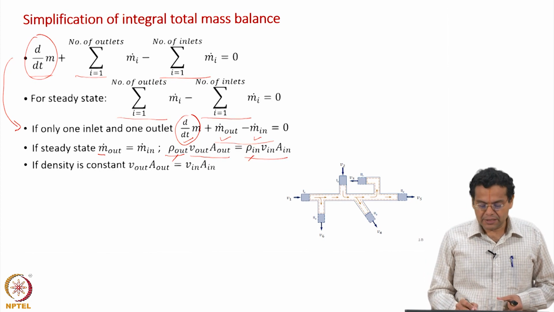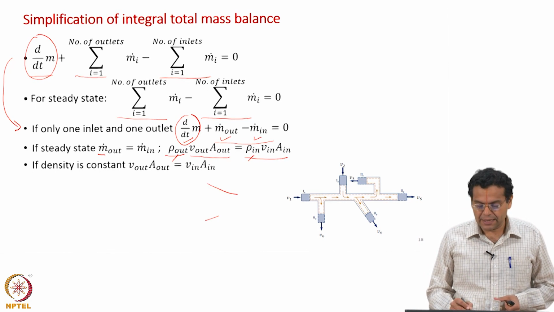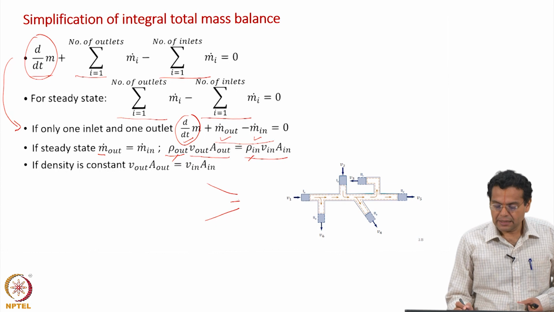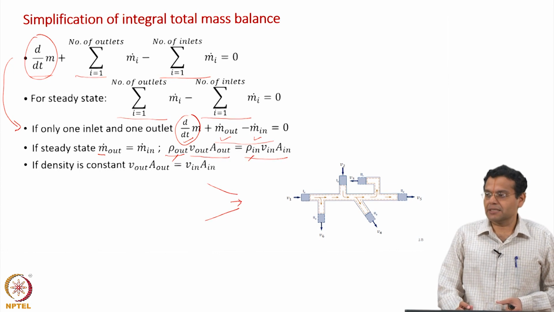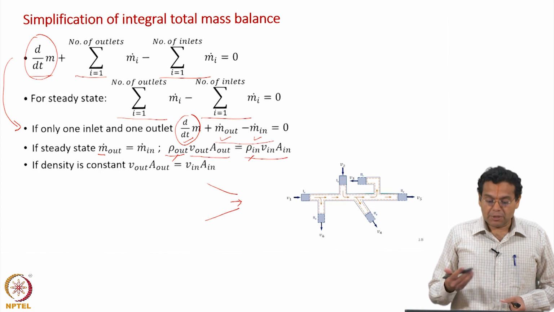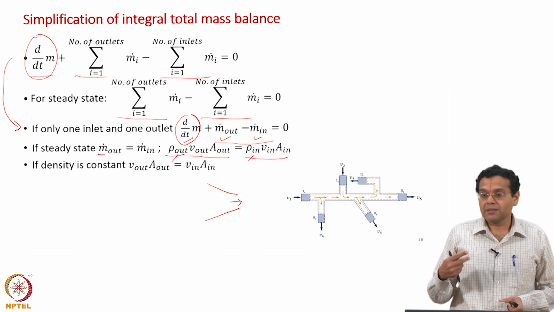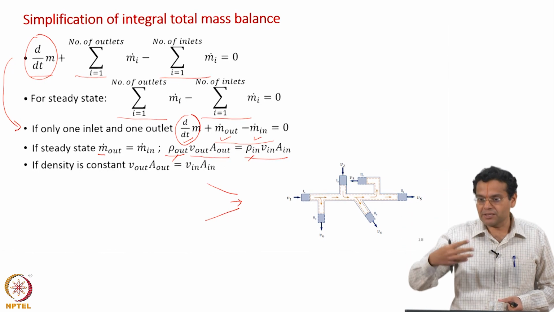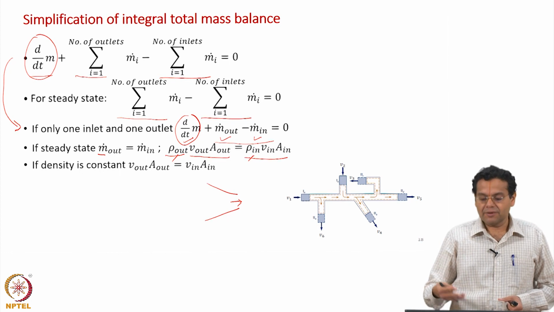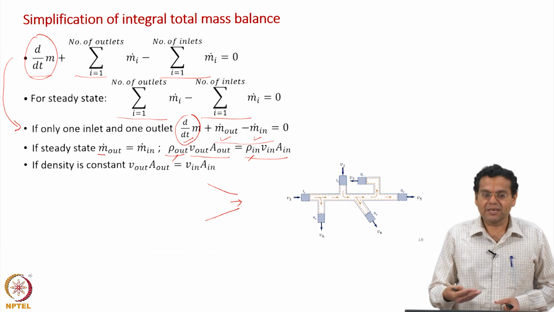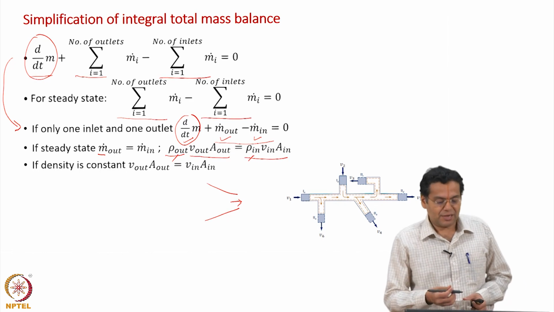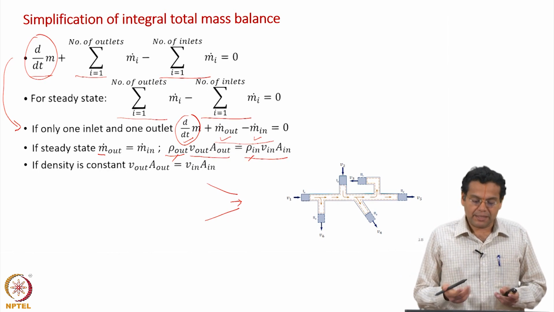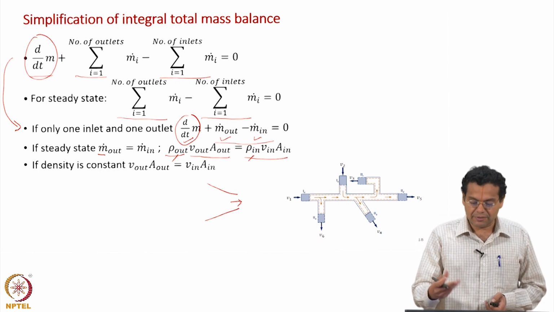Okay. So, this is a well known equation. When we say that there is a converging channel like this, because area reduces, velocity increases. It may be a simple statement, but you should know that this statement comes from the law of physics, the integral mass balance equation, which we simplify, and then we say that when area reduces, velocity increases. Very commonly told statement, but now we are in a position to clearly understand the physical principle behind that statement, either in terms of the law of physics or in terms of the conservation equation.